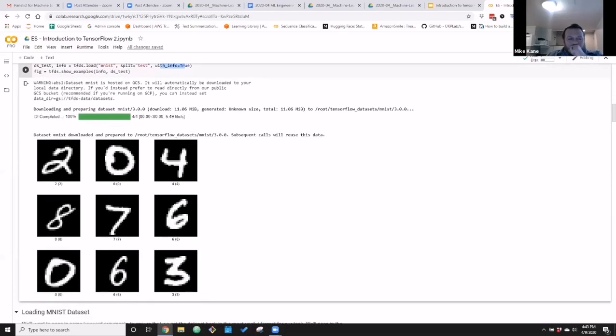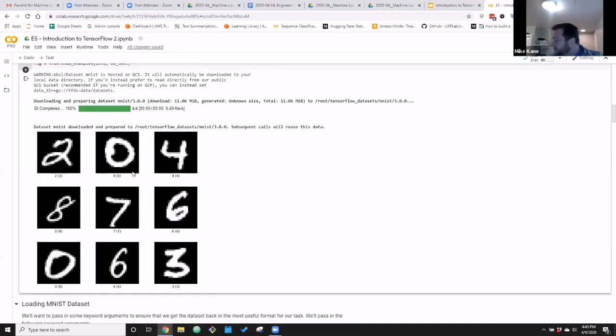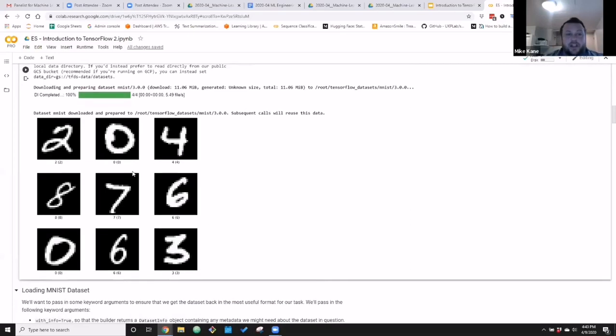So these are essentially just some examples. We're working today on a data set where these are clearly a 2, a 0, a 4. We can understand what these are. They're kind of grainy and they're black and white. These are 28 by 28 pixel images, and they're in grayscale.